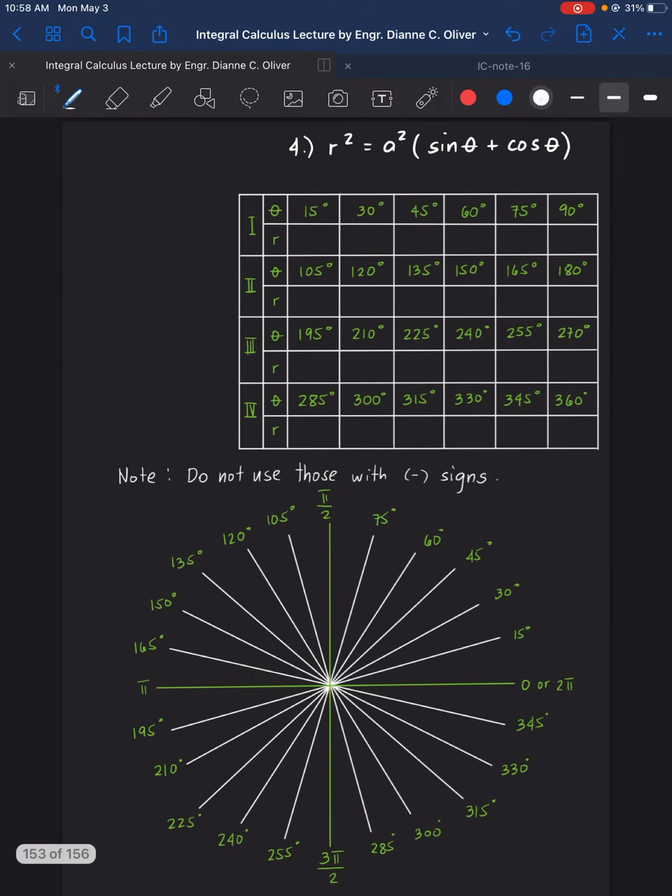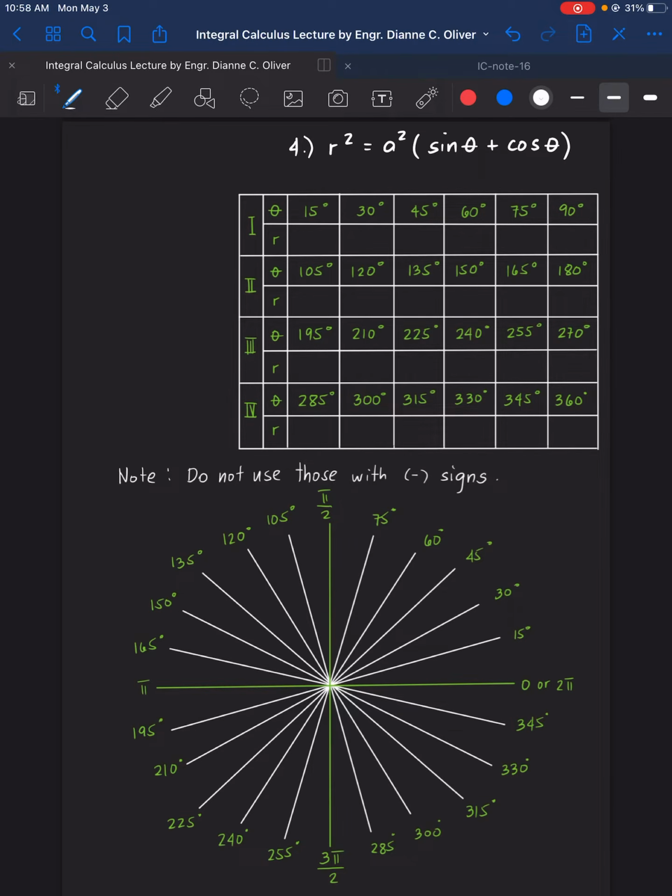Let's proceed to the last example, number 4. This time, what will happen if the radius is squared? We have there r squared is equal to a squared times sine theta plus cosine theta. So what will happen then? We need to take note that this means we have